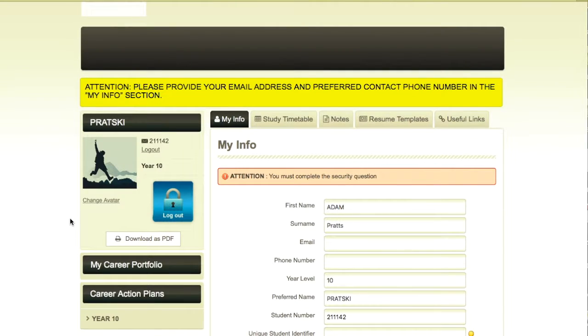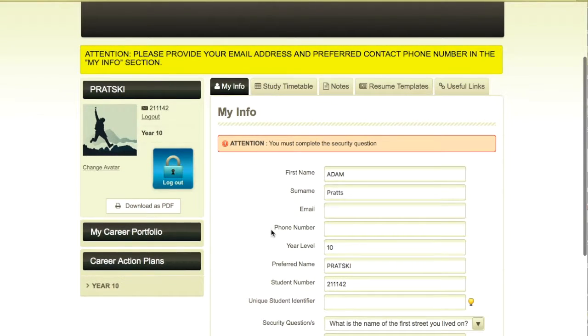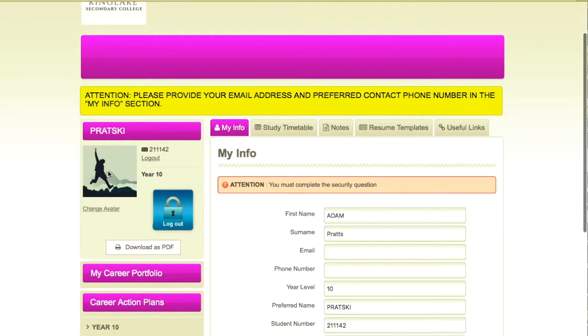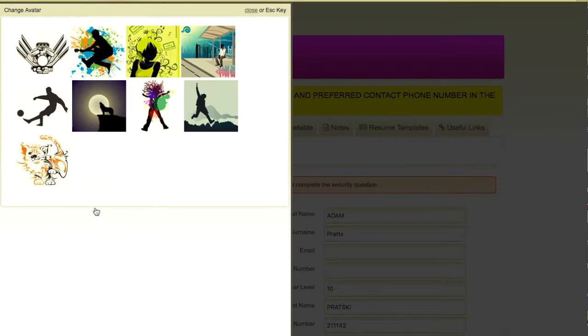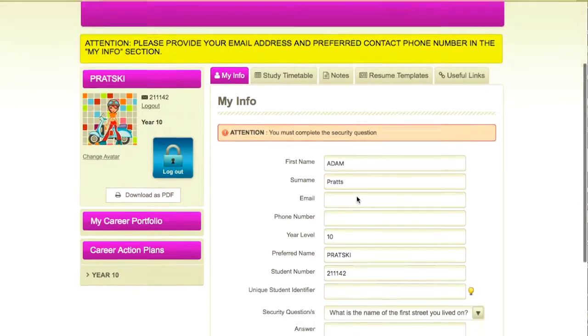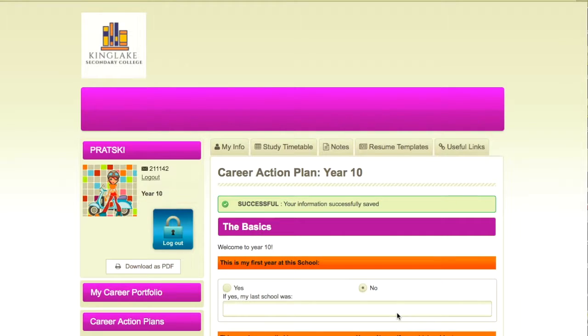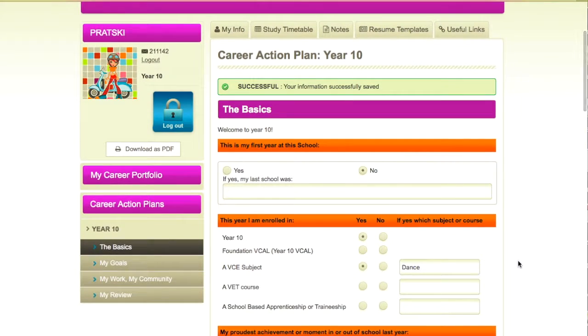is taken to My Info section where they can add some of their details and personalise their space. They can change their password here, select from a colour and change their avatar. When the student saves and continues, they're taken to the basics section of their career action plan, and this is